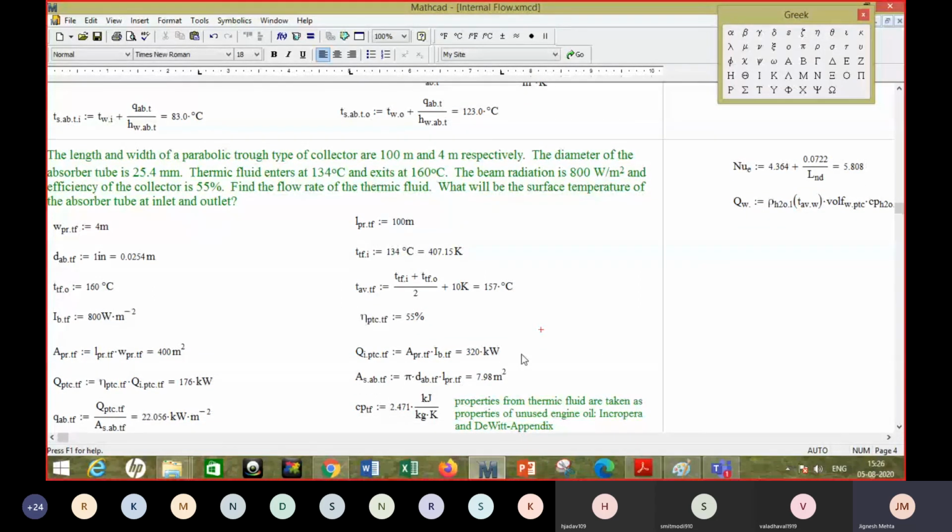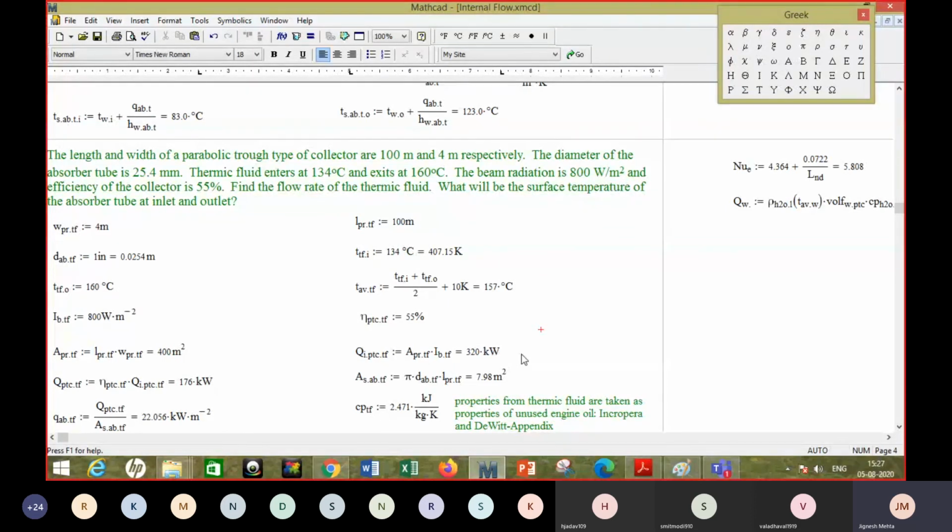But then what is falling, it is reflected and it is coming on the surface of the absorber tube. This reflection is not 100%. Absorption is also not 100%. Absorption increases the temperature of the absorber surface. So there are different types of heat losses occurring. So finally, what goes into the thermic fluid is not equal to the heat that is supplied, right?